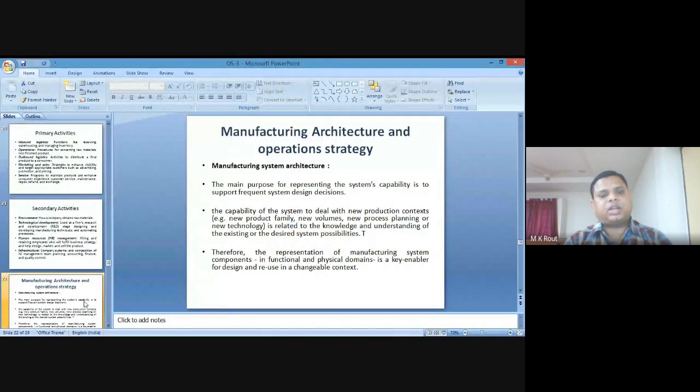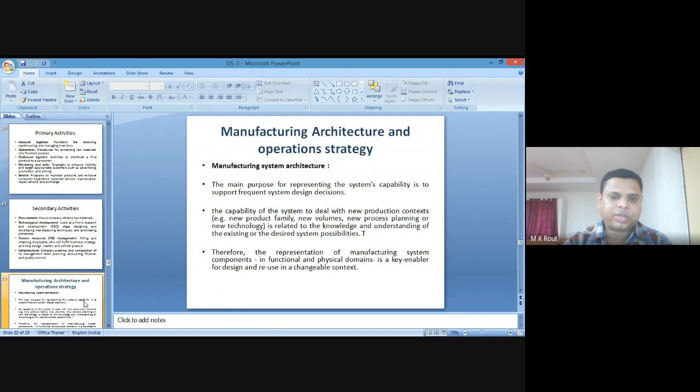Next point, the capability of the system to deal with a new production context. Suppose you are likely to introduce a new product in the family, new volumes, new process planning, or new technologies. Suppose your existing technology is very old, or nowadays you are going to install a particular articulated robot for the assembly process, for the cutting process, or for the joining process, or for